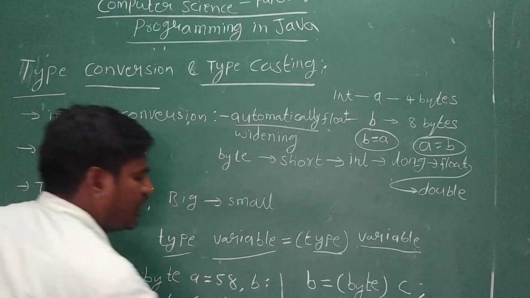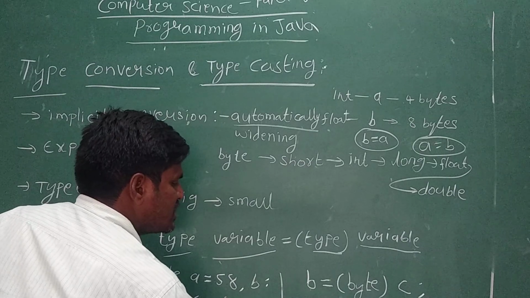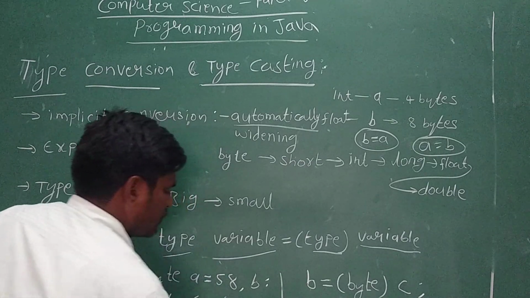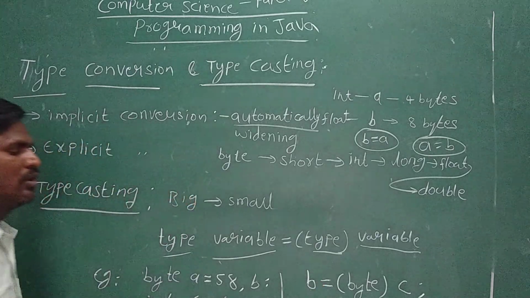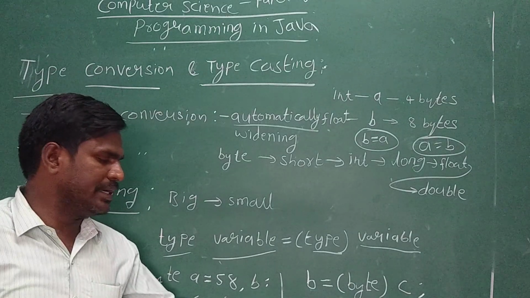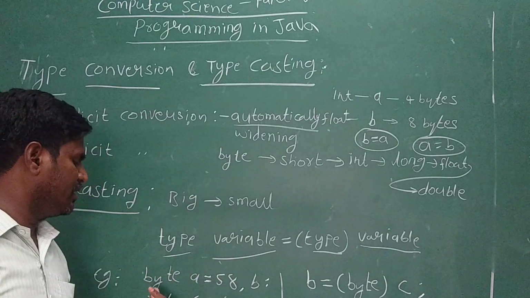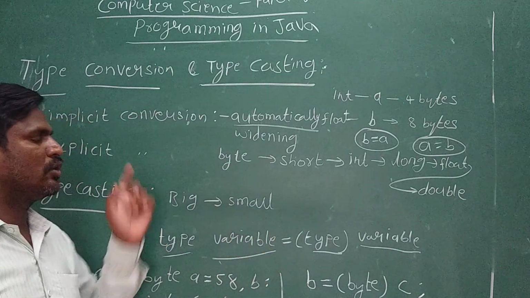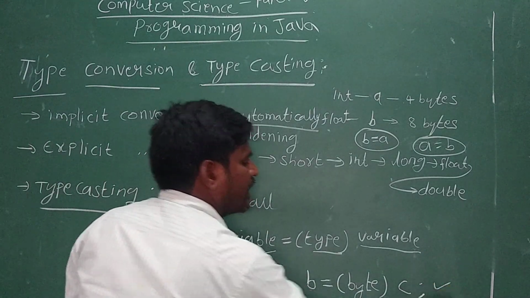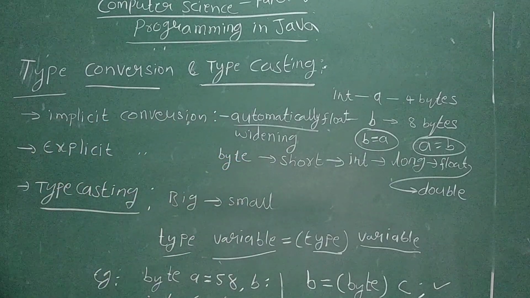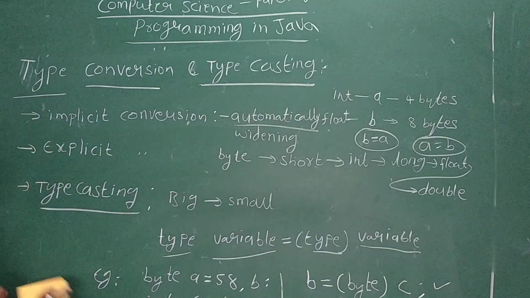So for example, there is another variable, say D, an integer variable. I wrote here D is equal to A. So this is automatically done, because A is a byte, D is an integer, which is the ISI. So this will be automatically done. So this is called implicit conversion. This is called explicit conversion. This is implicit conversion. This is explicit conversion. So this is data type conversion.